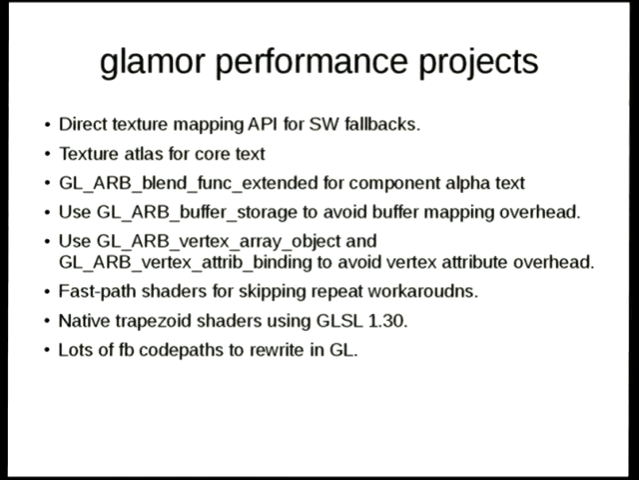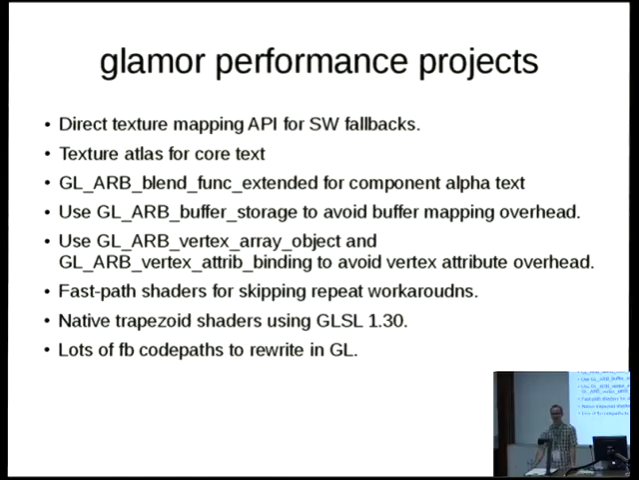Buffer storage would remove a bunch of our buffer mapping overhead that's taking 4% of my CPU right now, easy hack. Using vertex array object and vertex attribute binding lets us reduce a bunch of our calls into the GL. Each of your GL calls has a bunch of error validation, which is really nice as a developer, that GL tells you, hey, you gave me the wrong argument here. When you're looking for performance, sometimes that's kind of irritating because